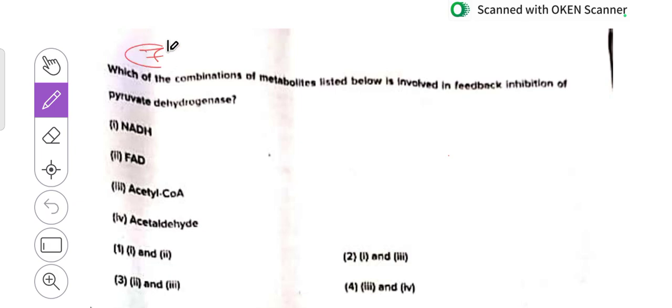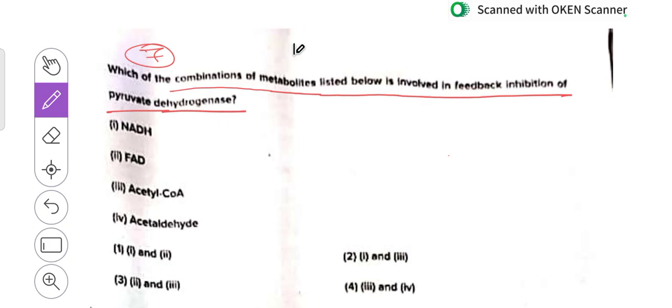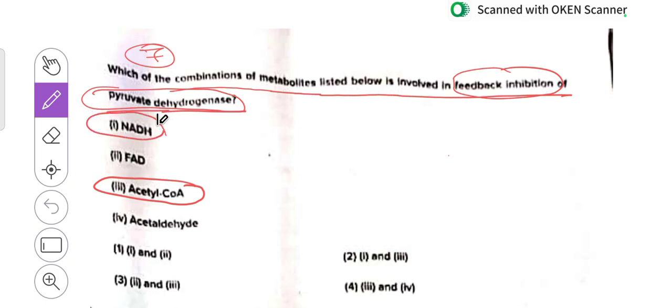This is the 7th question. Which of the combinations of metabolites listed below is involved in feedback inhibition of pyruvate dehydrogenase? So, this is basically regarding the feedback inhibition of pyruvate dehydrogenase. This will be done through two molecules, that is acetyl CoA and one more thing, that is NADH. So, this NADH, it will inhibit